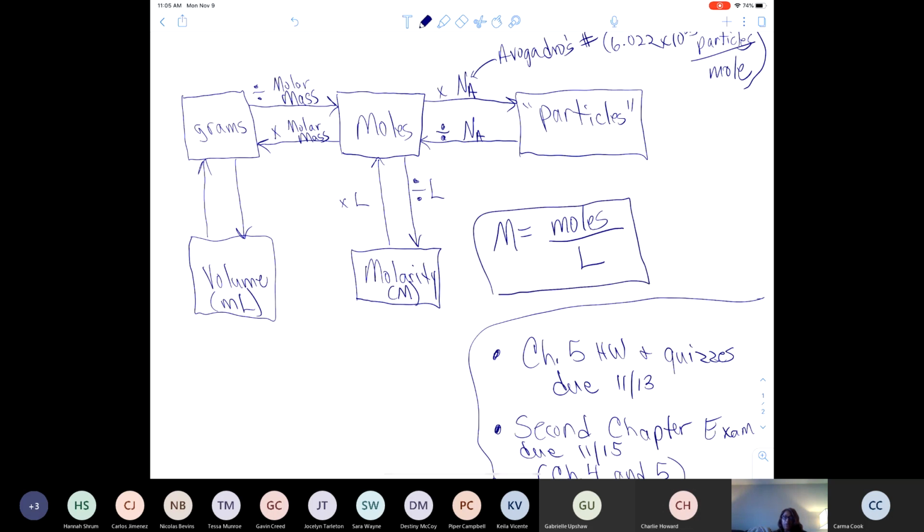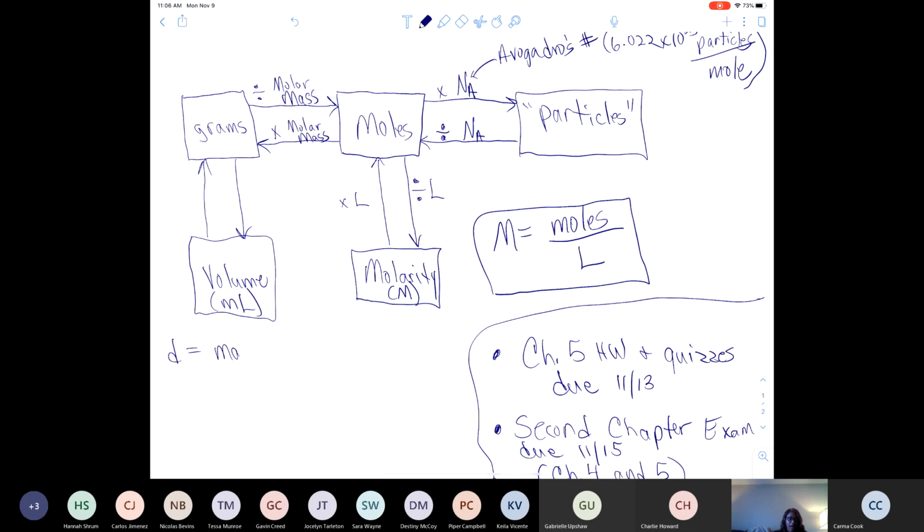And the moles are the moles of the solute, which is the part of the solution that gets dissolved. And the liters is for liters of solution, the total number of liters of the solution. And then we also learned in chapter 4 that we can use density as a conversion factor. So to convert between grams and volume, we can use density, and that's converting between grams and volume in units of milliliter, because density, symbolized with the lowercase d, is